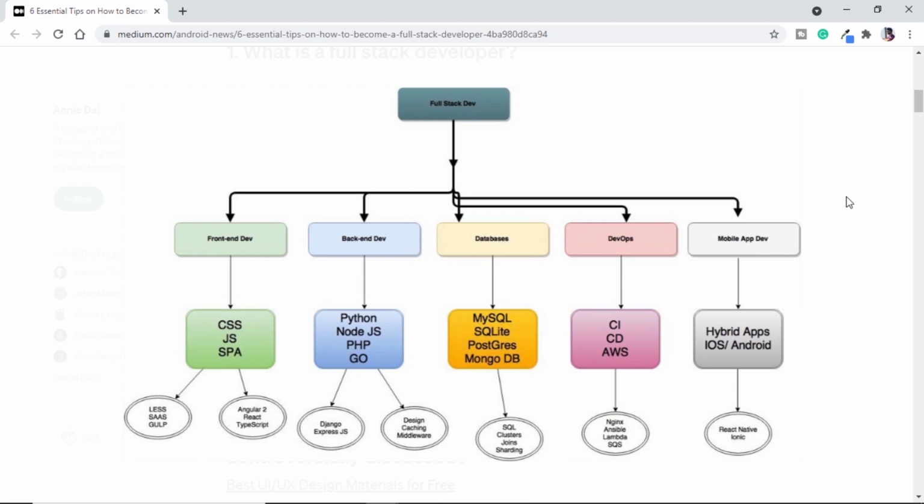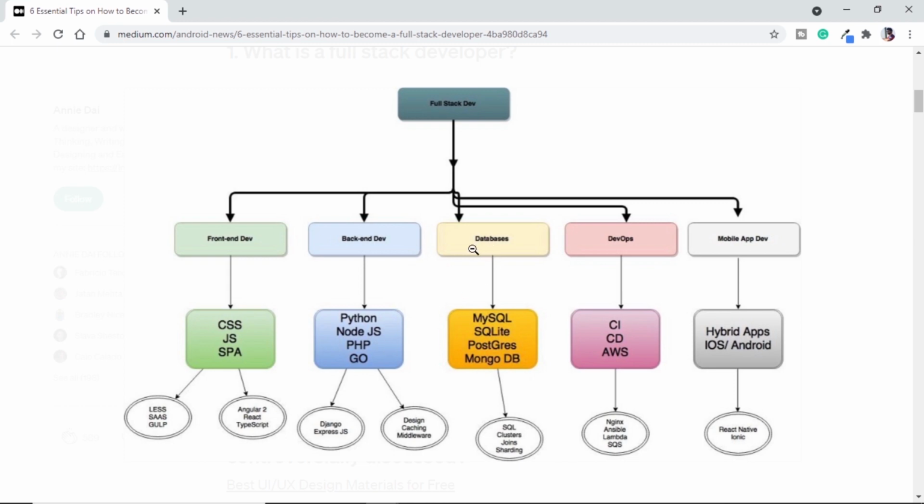First of all, let me tell you what all comes under full stack development, as we are trying to get hold of what is full stack development all along. So first of all, we have front end development that includes our UI, UX and HTML, CSS. Then we have our backend development where we use Python or Node.js, PHP, etc., where we design the backend or the backbone of our website.